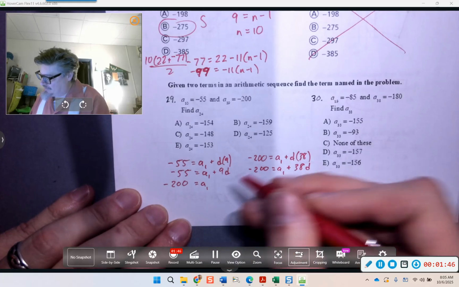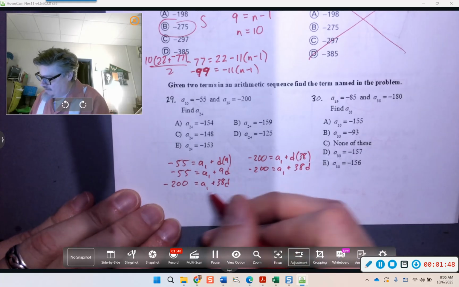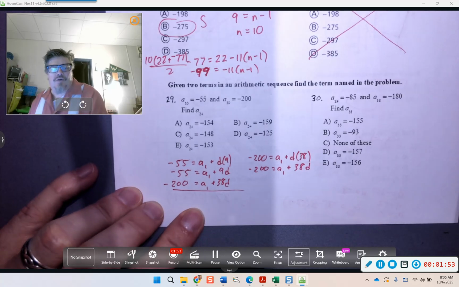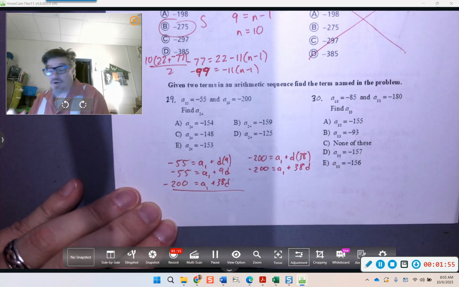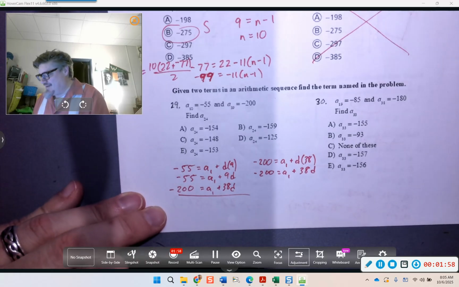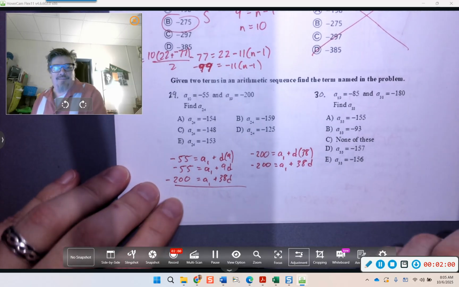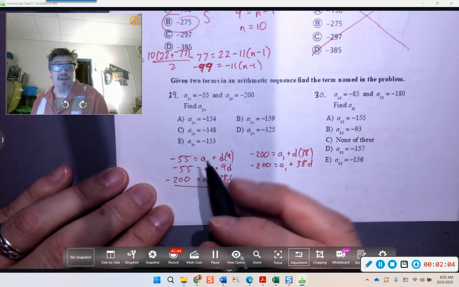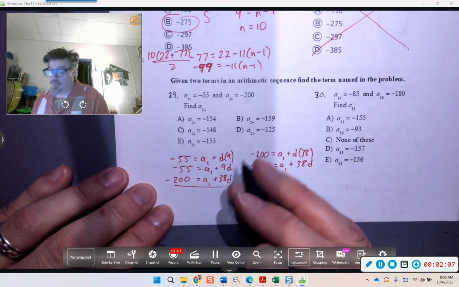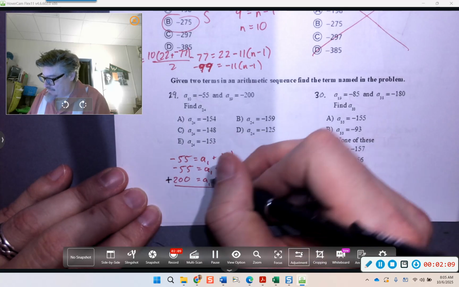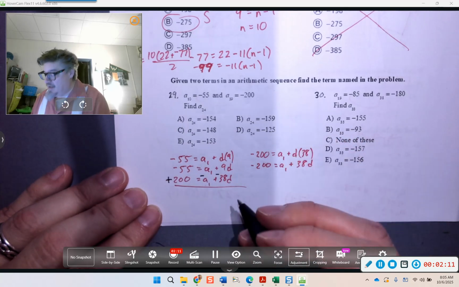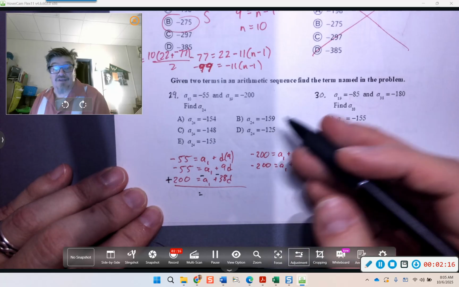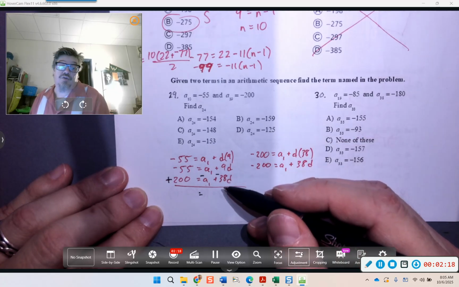Okay, but they're part of the same sequence, so they're part of the same system, okay? And so this guy we're going to put underneath him, and we're going to solve it like we did previous times. Like if we treat this a sub 1 as an x and treat the d as a y, this is easy to actually eliminate, okay? If we make this guy a positive, this guy negative, and that guy negative, we can actually solve for d. Okay, so now this is going to be 29